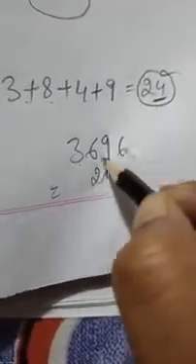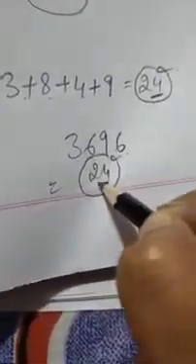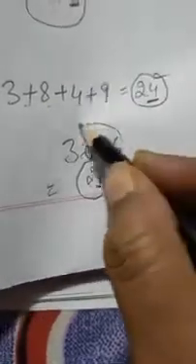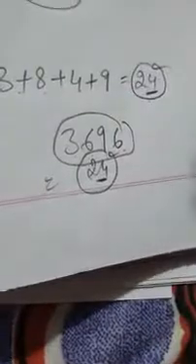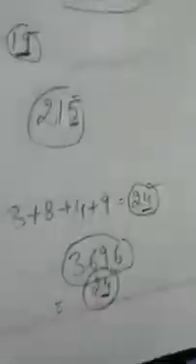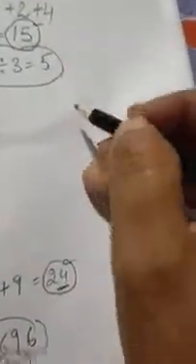Sum of the digits is 24. So 24 is not divisible by 9. So this number is also not divisible by 9. Yes. If we are getting one more number, for example, there is that number